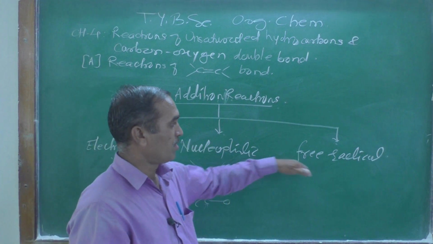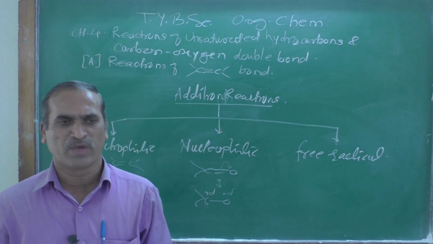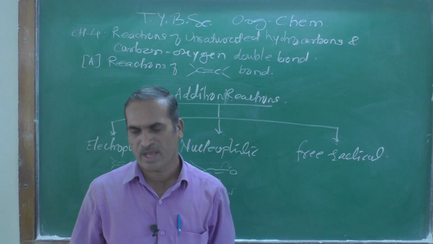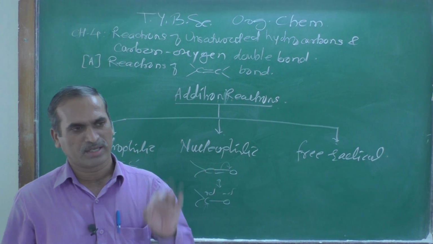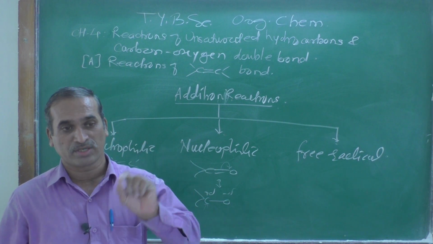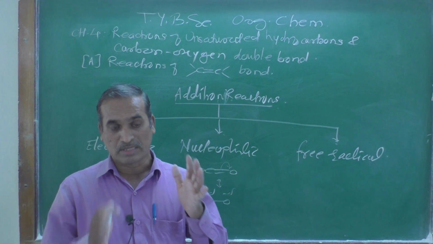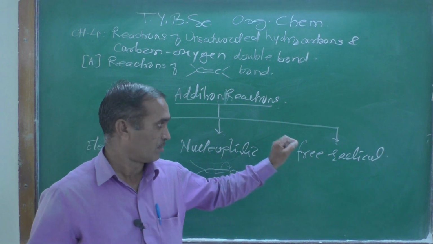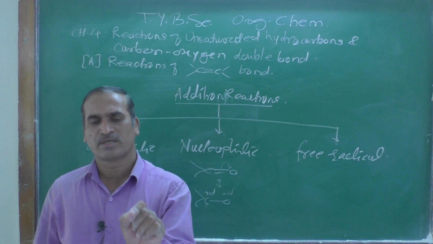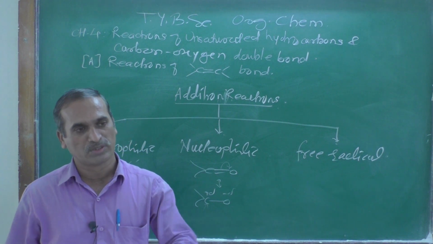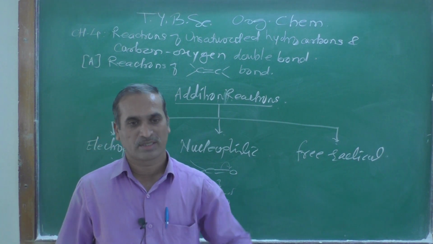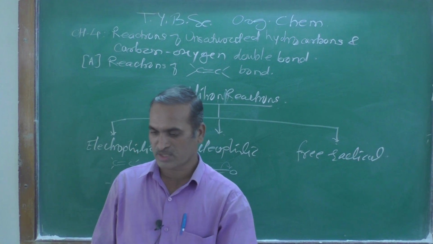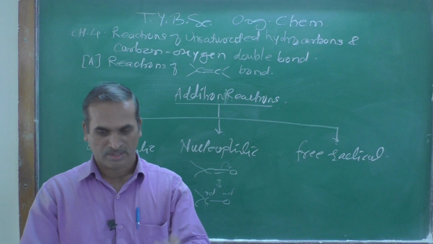Now the free radical reaction, a very rare reaction we are going to learn over here. How does the free radical reaction undergo? Mainly here is an anti-Markovnikov addition reaction. You might have heard this word in your previous classes. So the free radical reaction follows the anti-Markovnikov rule. How that mechanism takes place, how the addition reaction takes place, we will see later.